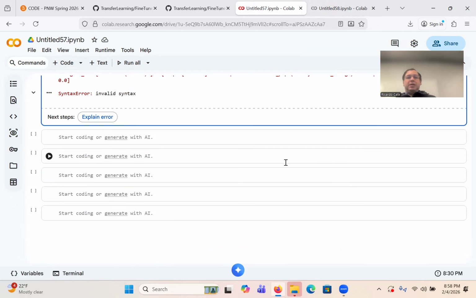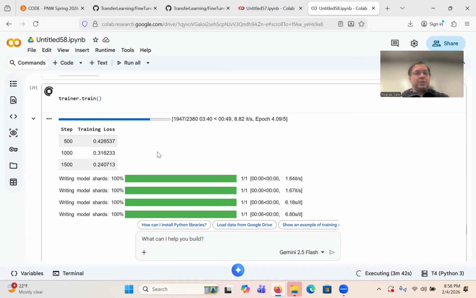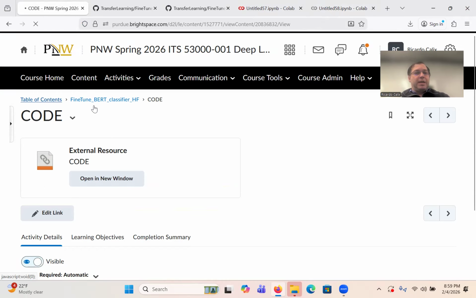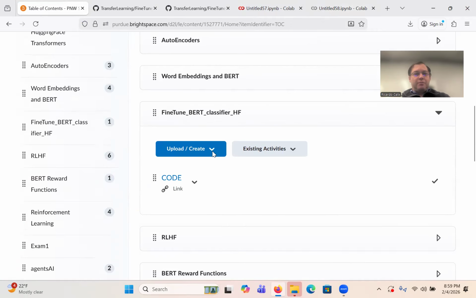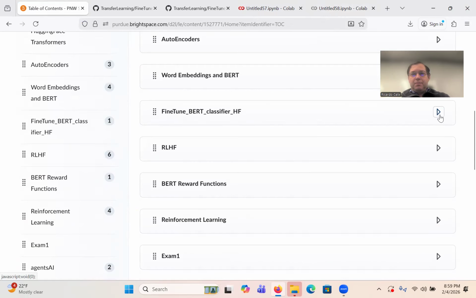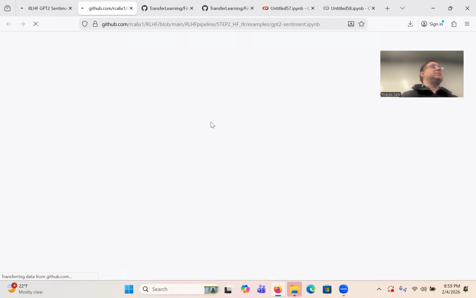Remember, maybe as time permits, we can go back to that IMDb example, but remember, there is another example in there. So let me look at this. Yeah, actually, look at it. It's moving really quickly. It's almost done. Just remember in the RLHF module that I gave you, there is a second example, this one, GPT-2 sentiment.